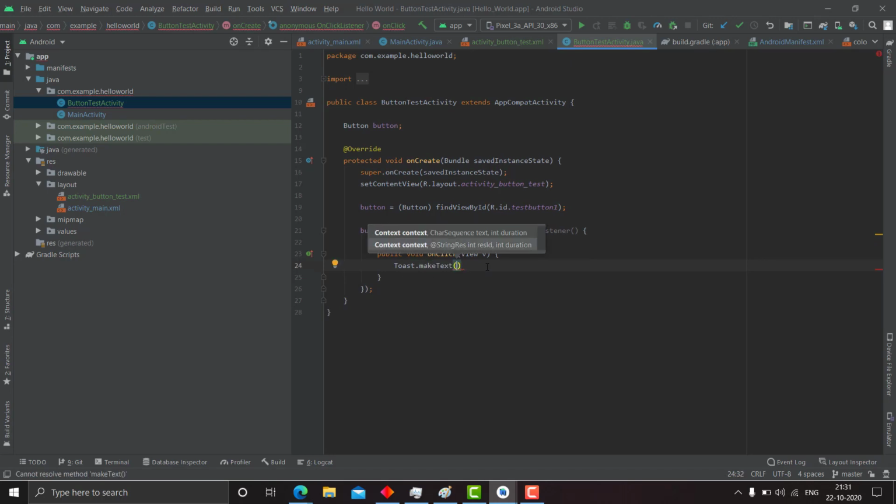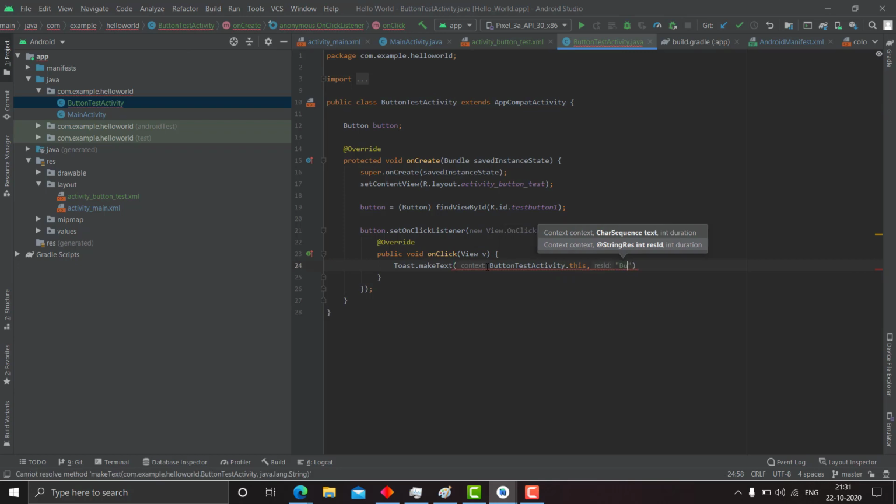So what is this toast? Toast.makeText makes a toast message. I will demonstrate to you what the toast message is. Here you need to specify the context. Context is the activity name dot this, or you can write getApplicationContext, whatever. Then you need to specify the message, button clicked.